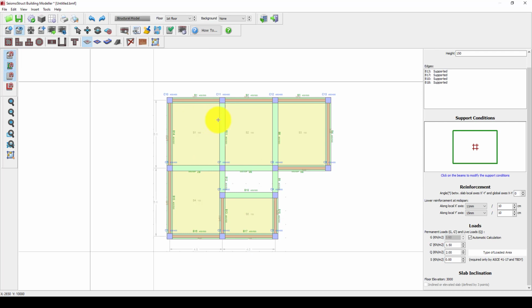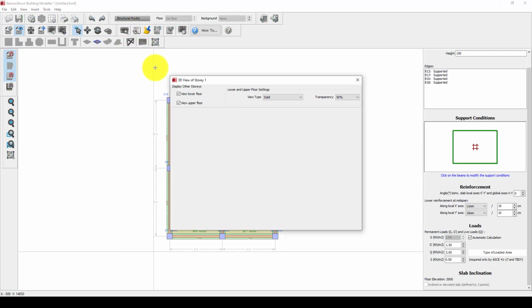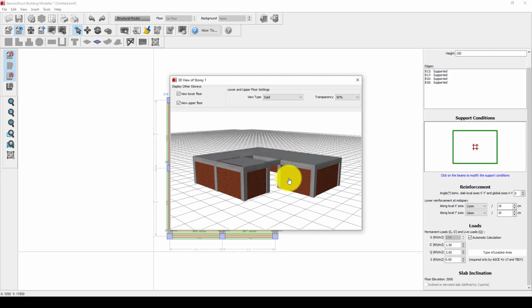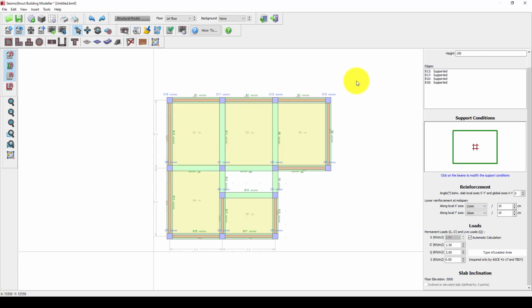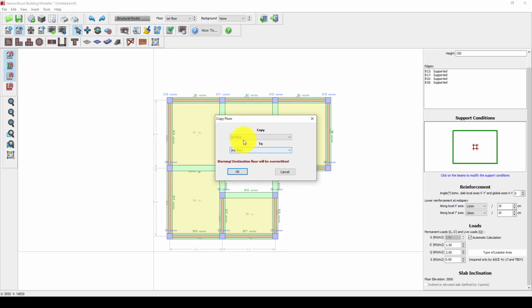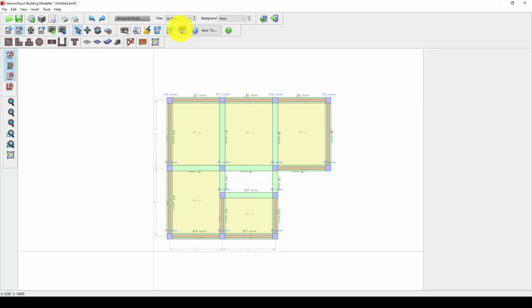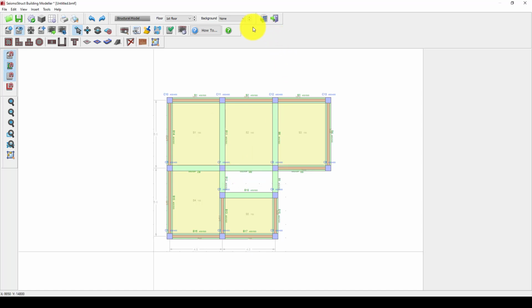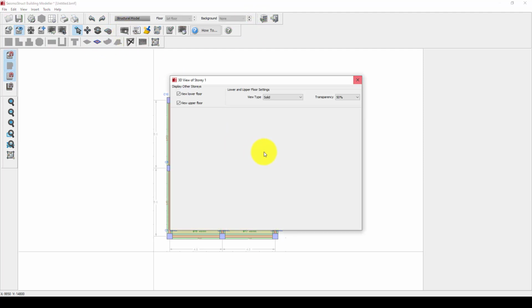Now we've finished the modeling, but before we go to the structural analysis part, I'm going to switch to 3D, and you can see the 3D model is here. Now we want to duplicate this to the other stories, so we use Copy Floor. I'm going to copy first floor to third floor, and again from third floor to the last floor. Okay, now I can go back to the 3D model, and you can see